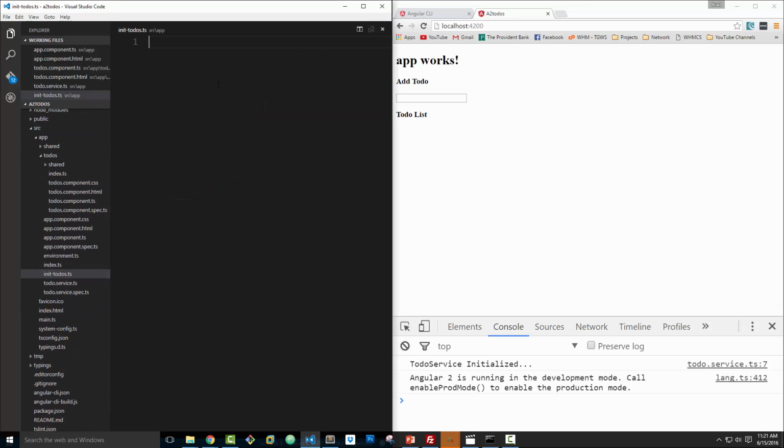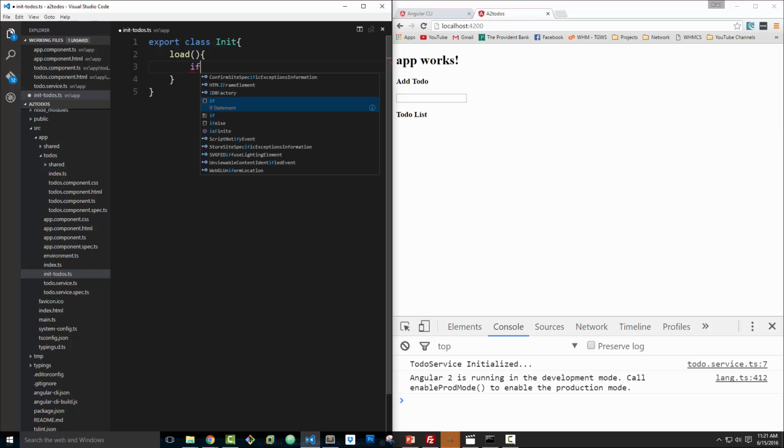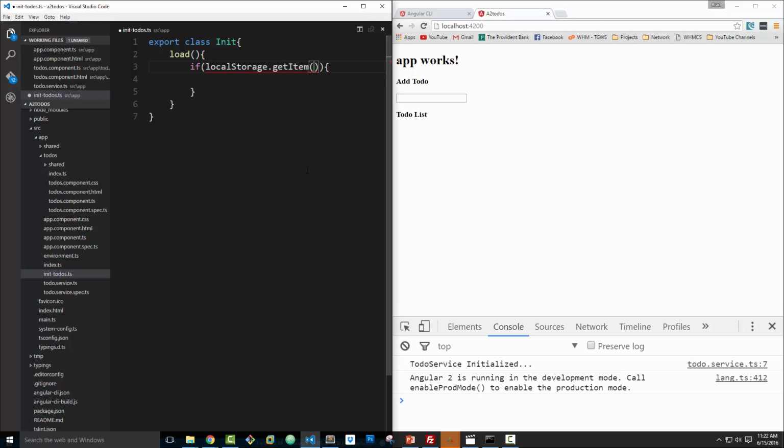Okay, and we're going to export class init. Then we'll have a function called load. And this is where we're going to check to see if there's anything in local storage. So let's do if localStorage.getItem('todos') is equal to null,